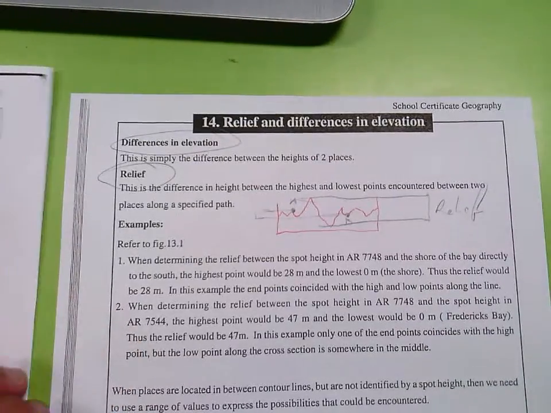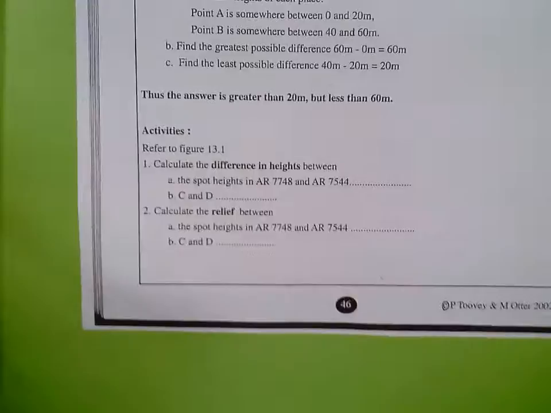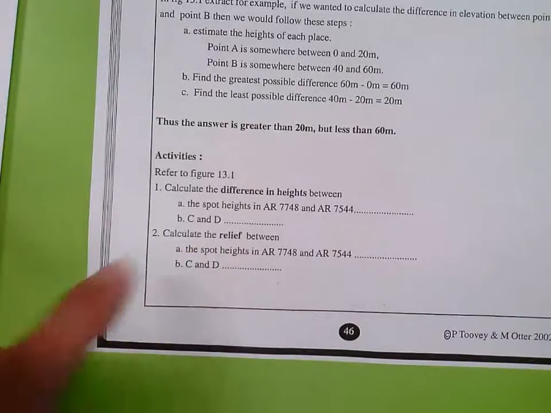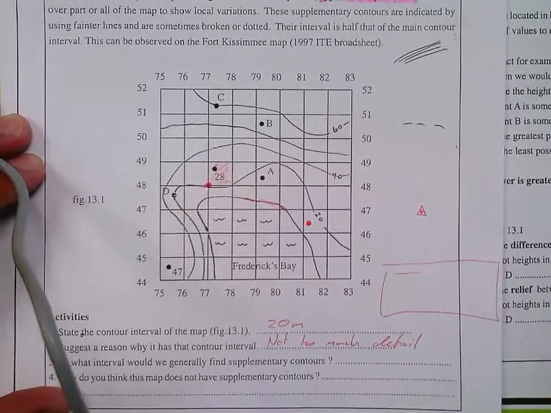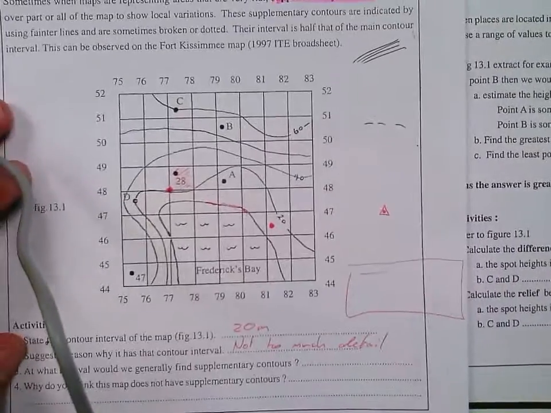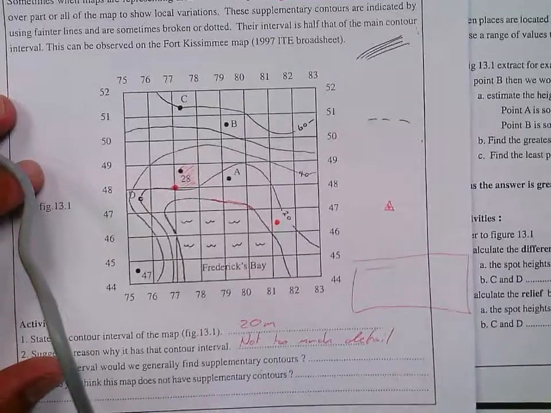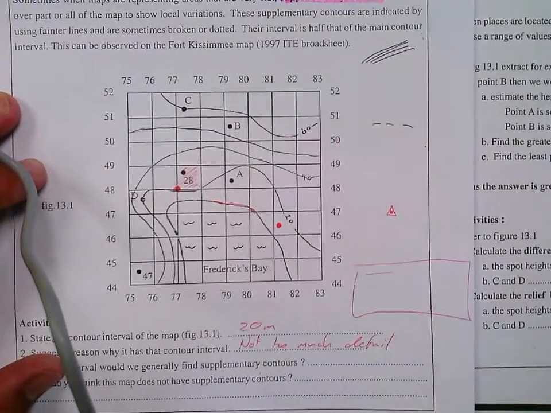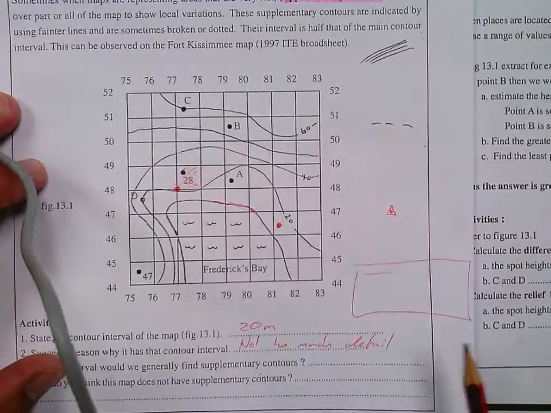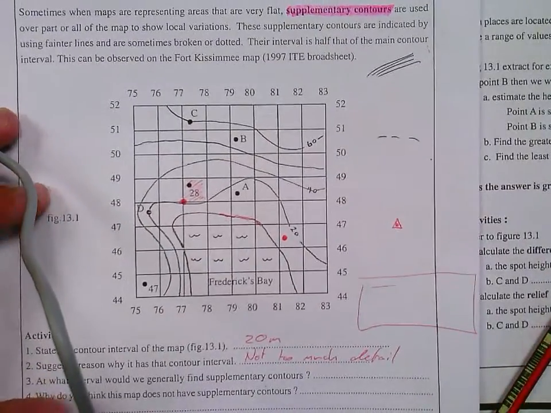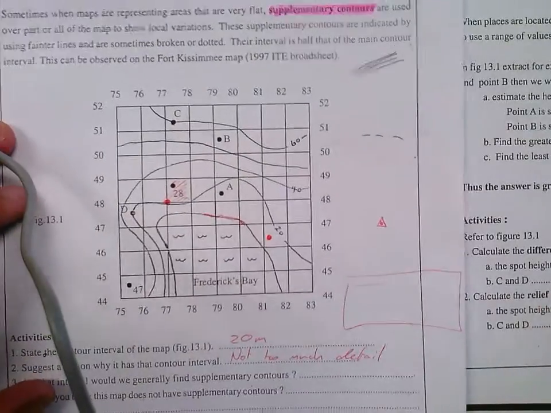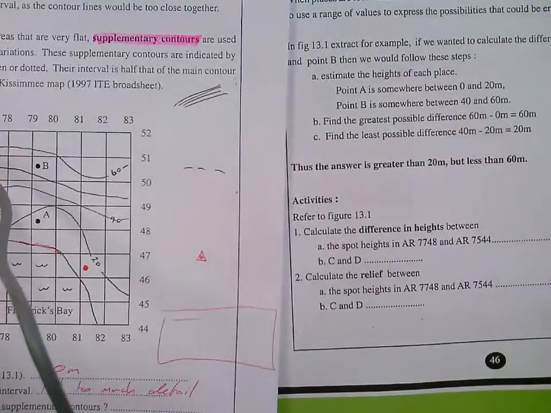So to do the questions underneath, where it's asking about first the difference in height and then the relief, again, we're going to use a little topographic map from the previous sheet. When you're looking for the difference in height between places, first you need to find out what the actual height of each location is. When you're doing the relief, if a question's asking you about relief, as one of the questions is here,